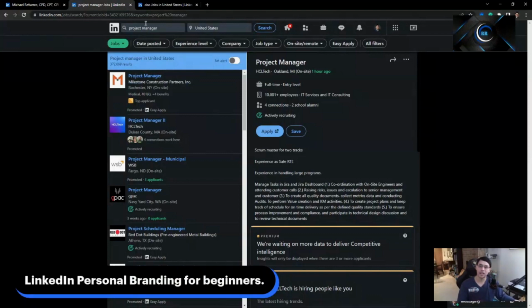Now, LinkedIn, it's kind of weird how it operates and how it works. But when you type in project manager here in the search bar, it's actually doing two things. It's looking for the word project, looking for the word manager, and it's doing the combination of the two. So it's doing individual word search and the combined word search at the same time. So make sure that you're doing your due diligence whenever you're typing in multiple words into the search bar, that you're actually pulling up the right stuff.